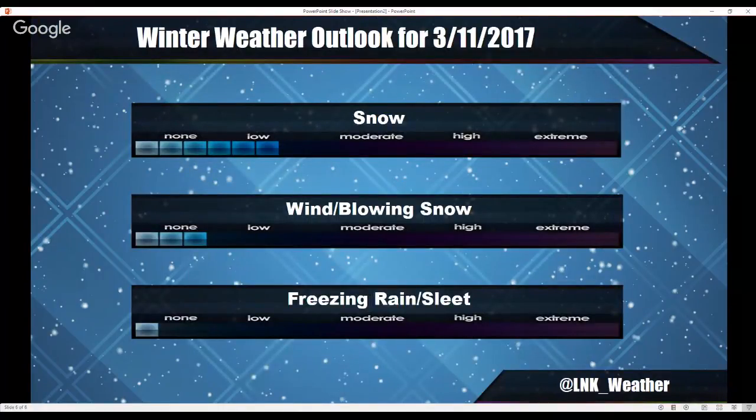My winter weather outlook: an hour or two ago, I tweeted one out. Since then, I changed the snow potential. I changed it from pretty much moderate to just above low, because all the 18Z model runs had come out, and it basically showed us getting close to nothing, or at least most of the coverage area. So I went ahead and changed that to low.